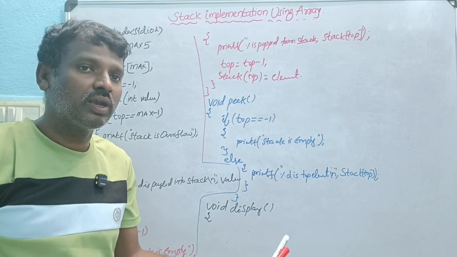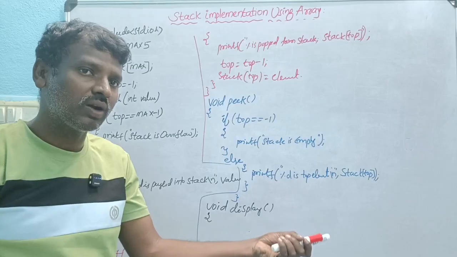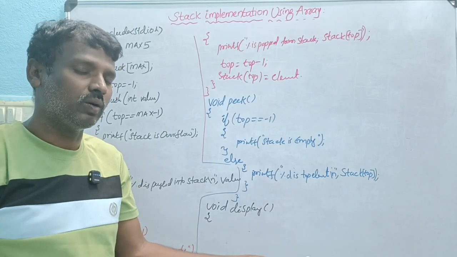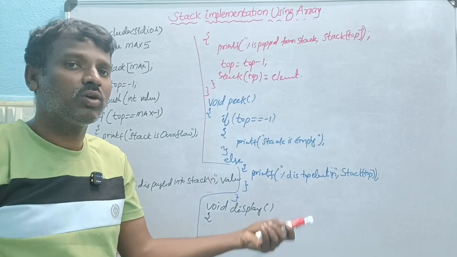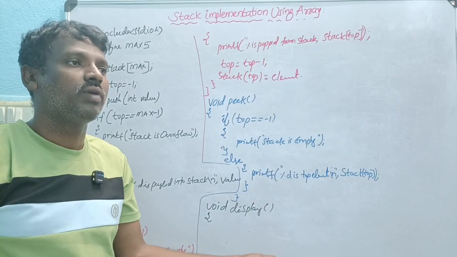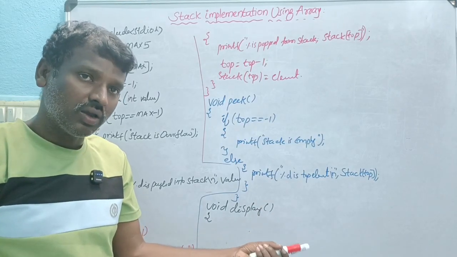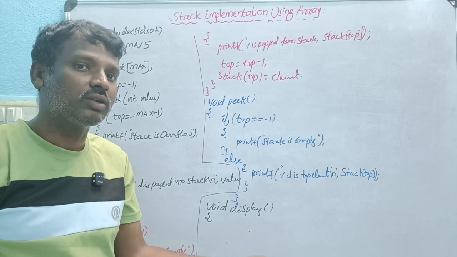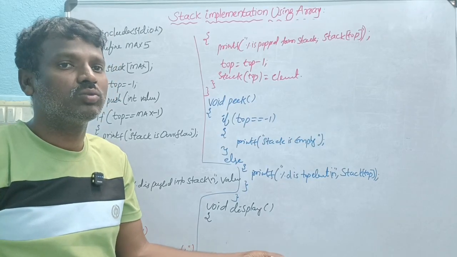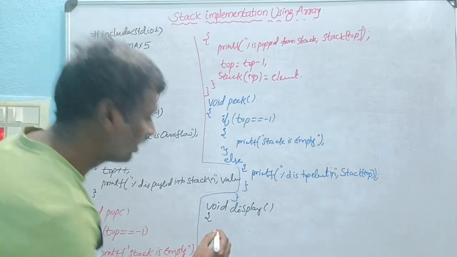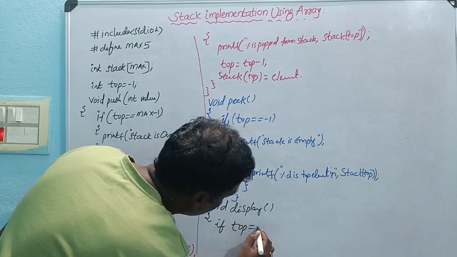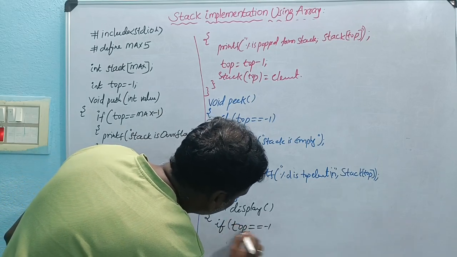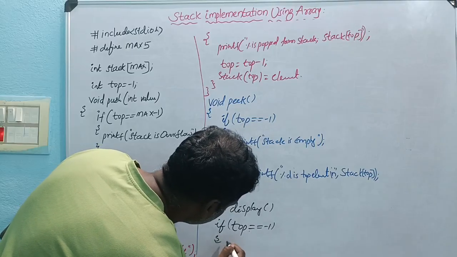If your stack is empty, is it possible to display the elements? No, because the stack is already empty. It is possible only if the stack has some elements. So that's why I'm writing here, if top equal to -1,